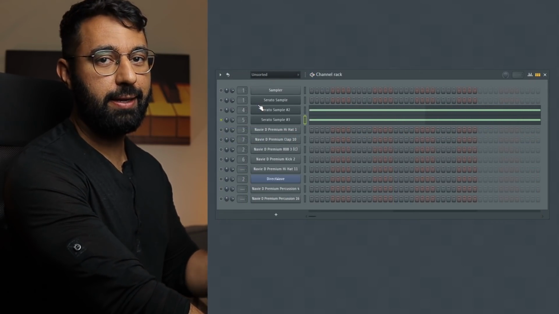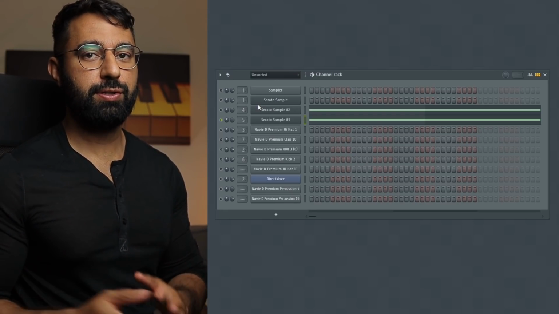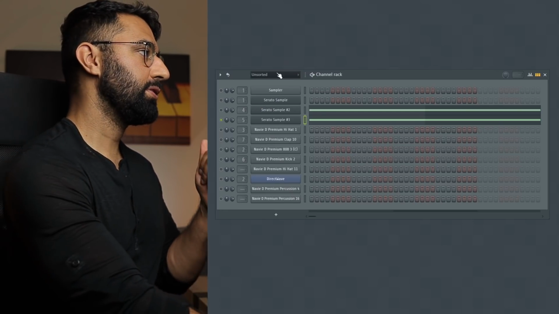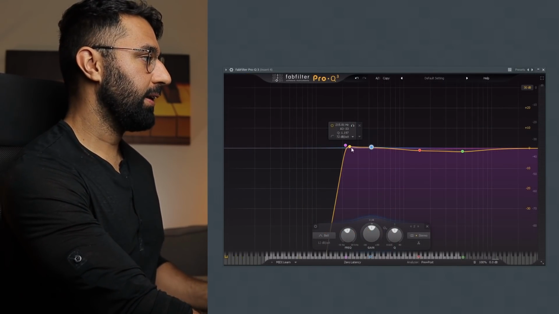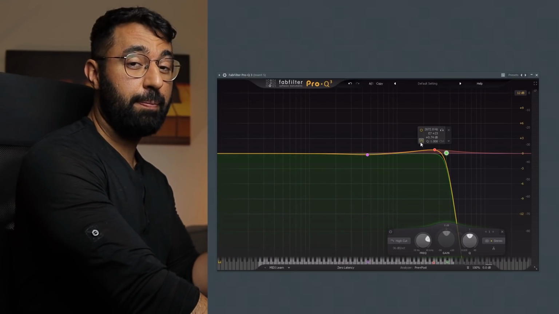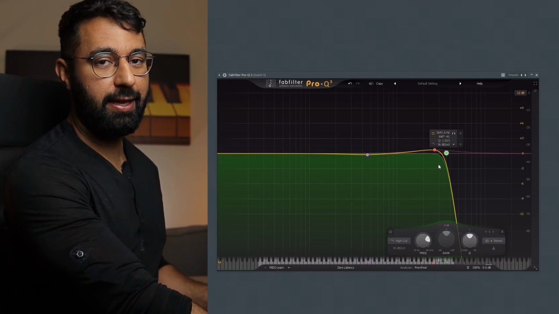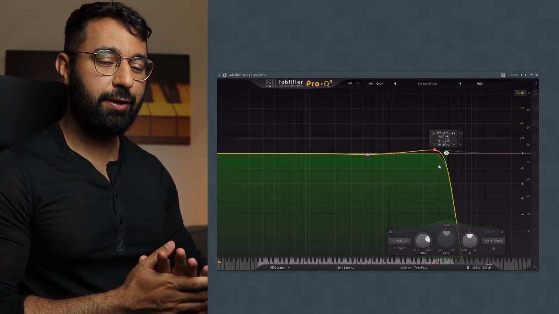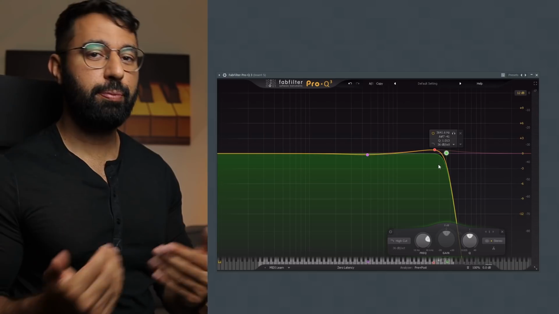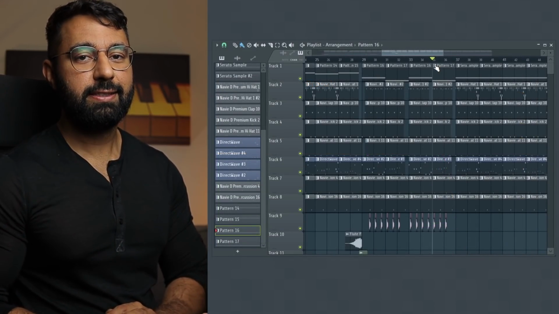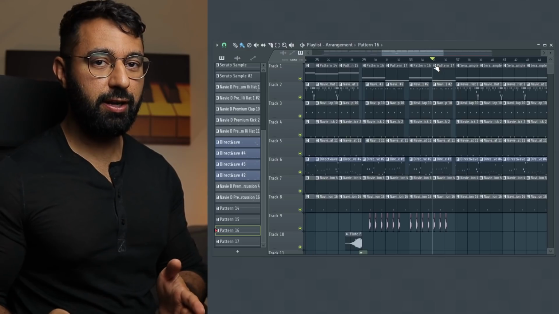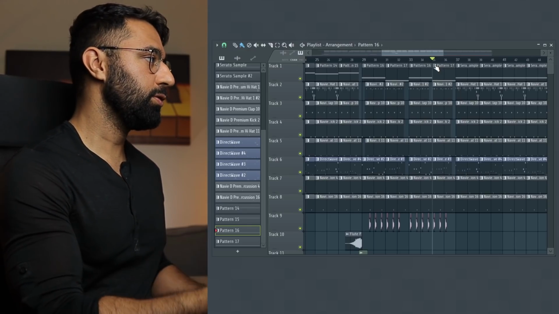And at that point, what I did was I controlled the frequency distribution of both of these layers. I reduced the low end of the halftime portion, and you can see here I made a cut in the low end right here. And with the pitched up layer, you can see I reduced some of the high end. And the reason why I did this is because now there will be a bit more continuity between the bridge and the normal loop, since they sit in a more similar frequency area. This section just won't feel quite as jarring when it transitions back into the normal loop.